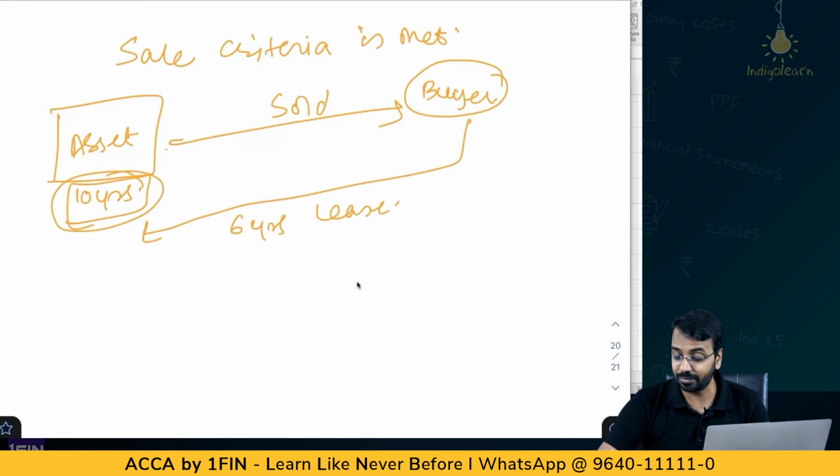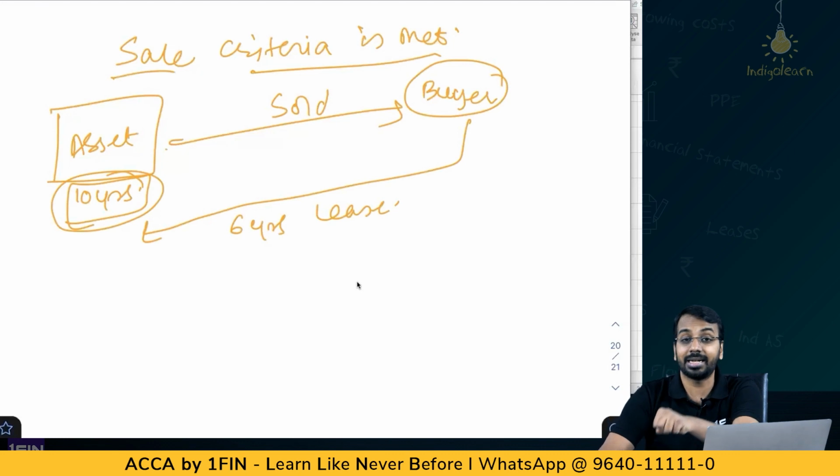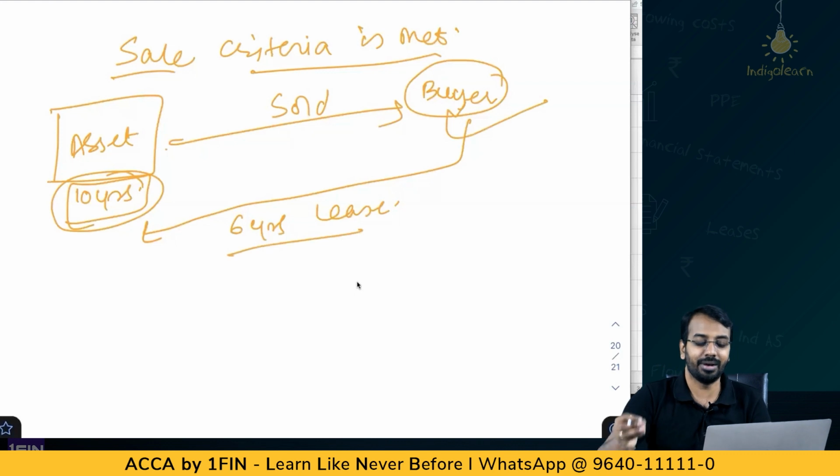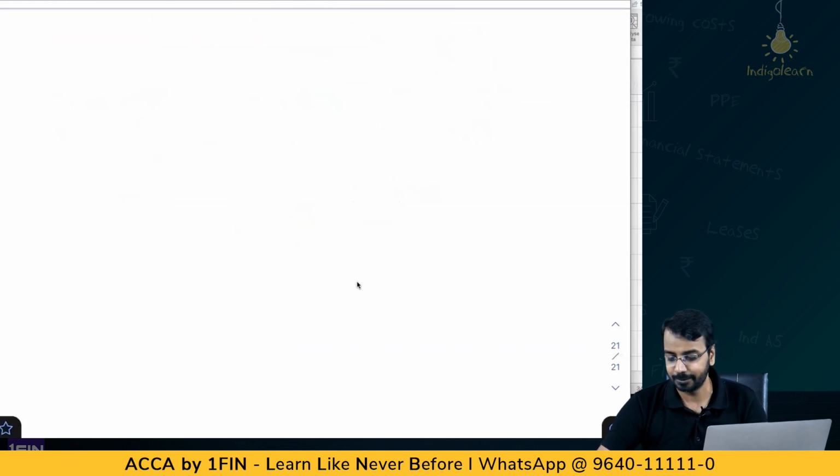So whenever the sale criteria is met, I have transferred the control of the asset, but I'm again getting back the control for some specified period of time. Then in that case, how should the accounting be done? For buyer, it is very simple. Whatever asset he has purchased, we will account for it as purchase of asset, and whatever is the lease back that he is doing, he will account for as per the lease accounting. Whereas in case of the seller lessee,